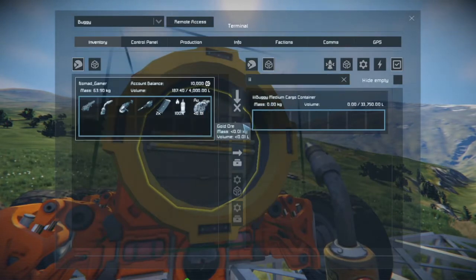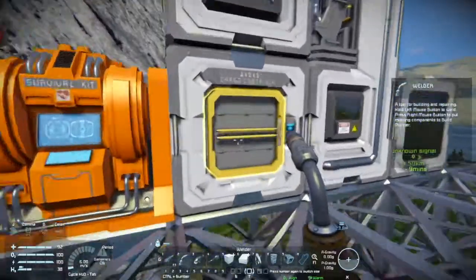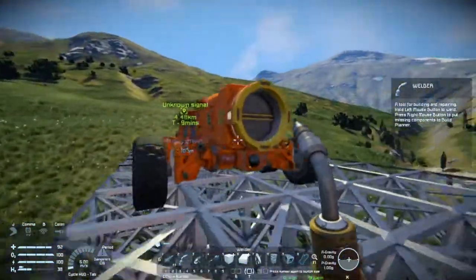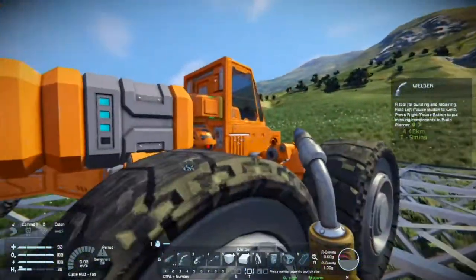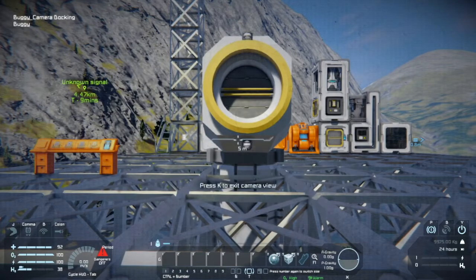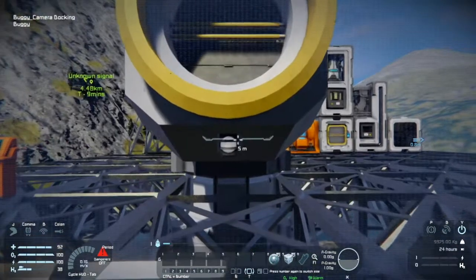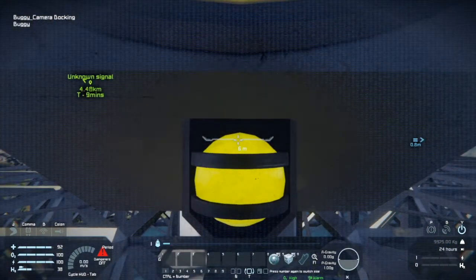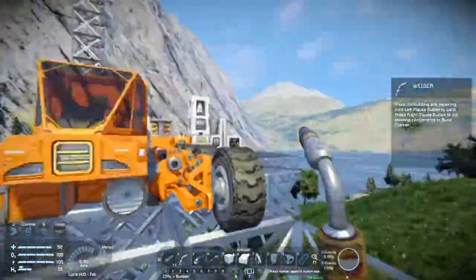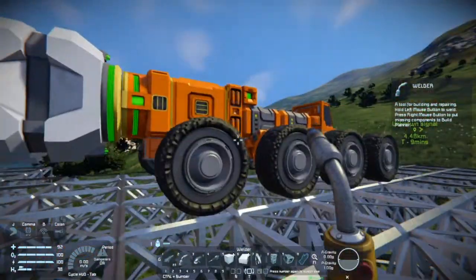Don't say I can't learn new things. I learned the Alt middle mouse button to deposit ores and components. So let's get this buggy up on the lift here and effect some repairs on it. There. So let's try to